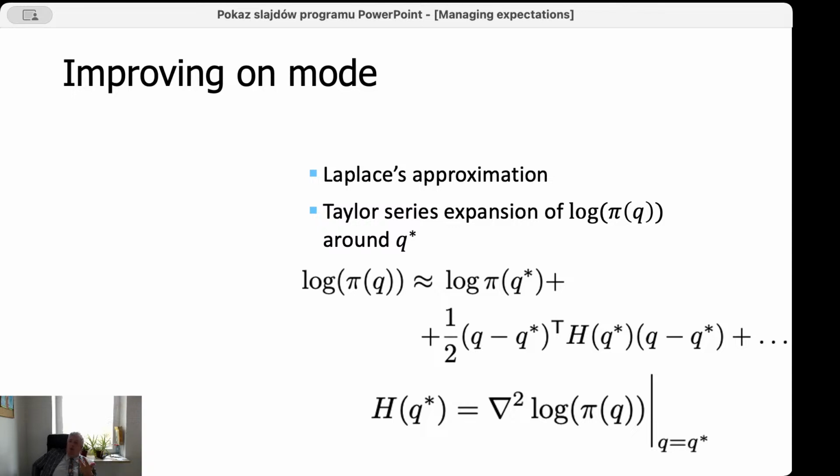So what we're really interested in is the Hessian matrix, which is the matrix of second derivatives of this function around the maximum. And this gives us a quadratic form representation of the logarithm of our function close to the maximum. The further away from the maximum we are, the larger will be the errors from the terms that we have not listed here.